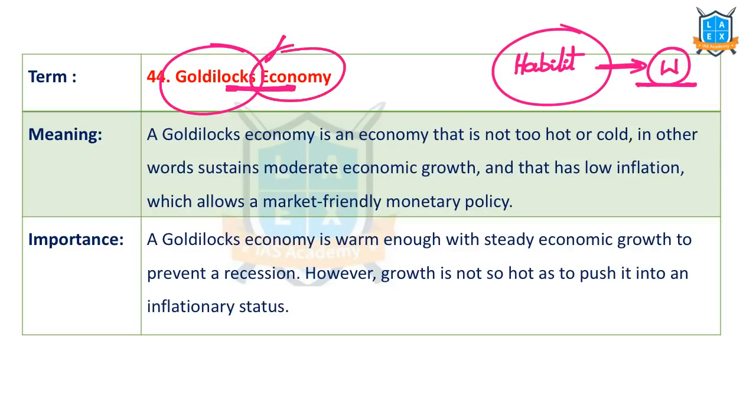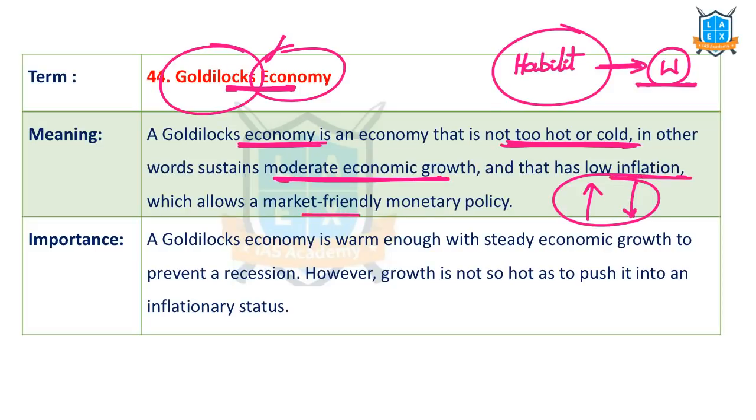Here Goldilocks economy means an economy which is not too hot or too cold. That means there are certain economies which grow very fast and which come down very fast. Such things should be avoided. There should be moderate economic growth with moderate inflation and market-friendly monetary policy. Such economies are called Goldilocks economies. So it is warm enough for steady economic growth, not a sudden rise and sudden fall, but steady economic